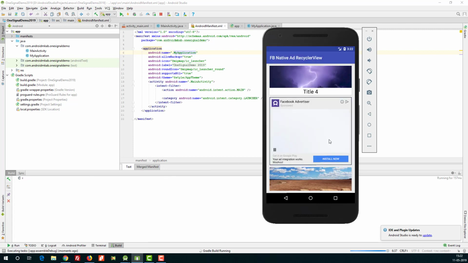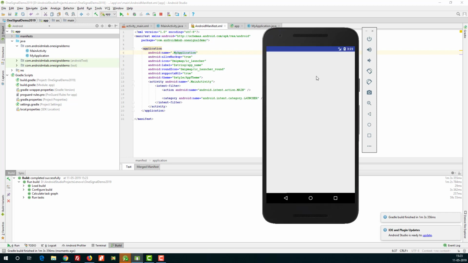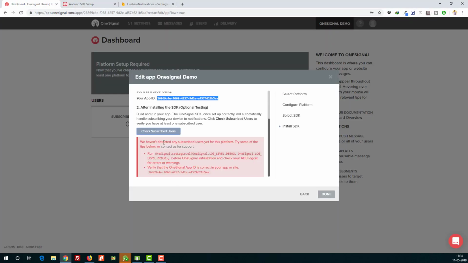I am running it on my emulator. Okay, the APK has been installed. It's been installing in emulator. So just wait until the app is launched completely and make sure your system or mobile has internet connection. Now we will go here and click on check subscribed users again.